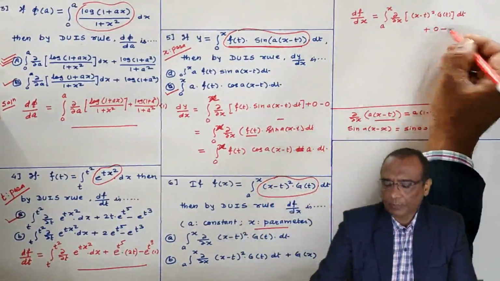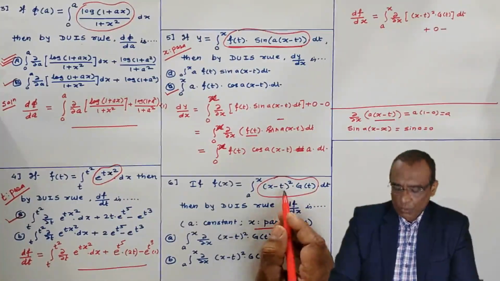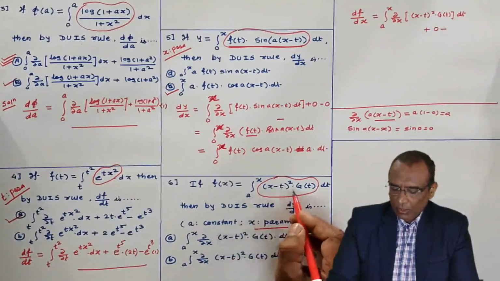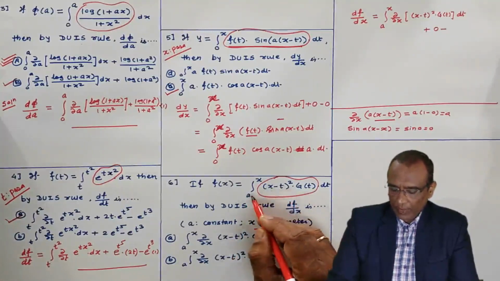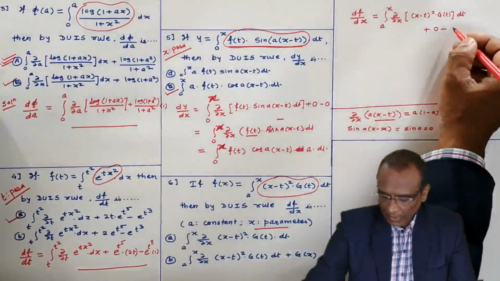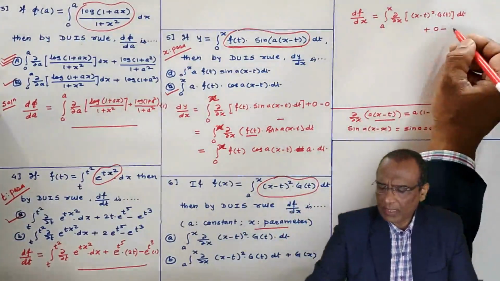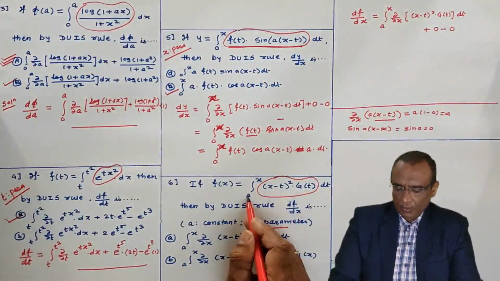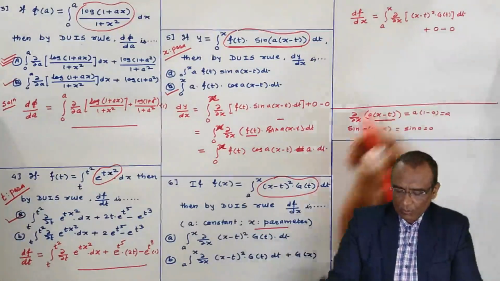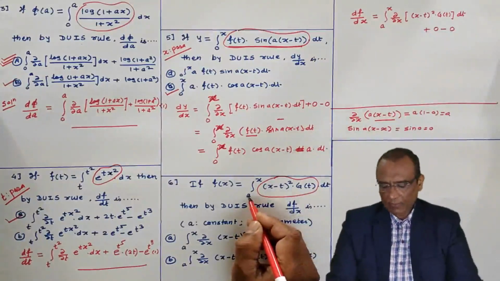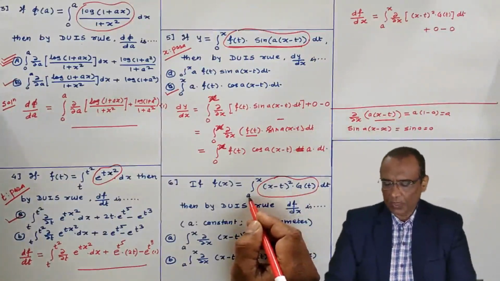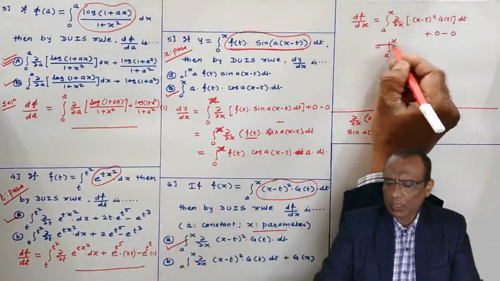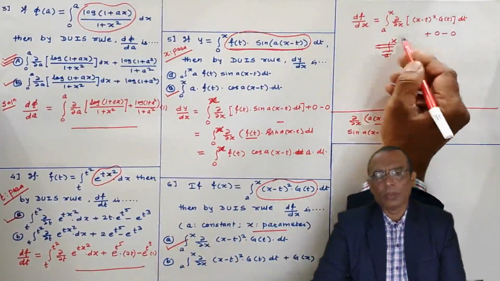Now the third term. The third term corresponds to the lower limit. Now put t equal to a. If you put t equal to a, the third term will be 0 again, so I am writing directly 0, because the third term is a constant term, it is 0 because the lower limit is constant, and the derivative of the lower limit is 0. So this will be 0. This is the correct option. Okay, no need to solve it further.